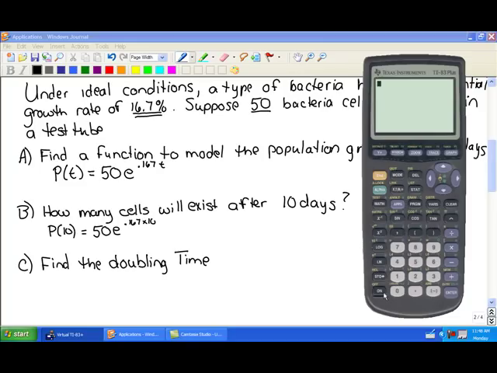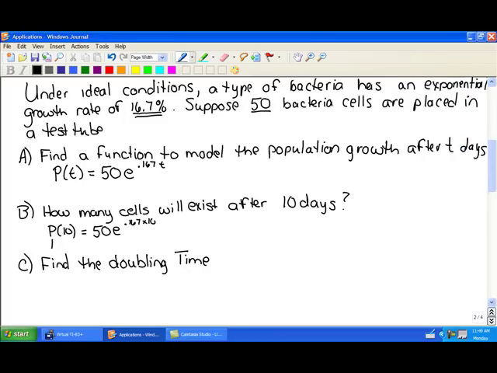To plug that in, we're going to type our 50 times our e, which remember is going to be the second ln, raised to the 0.167 times 10 power. Now notice all of that's in an exponent, so the whole exponent needs to be in parentheses. And that's going to be approximately 265.6, or if we round to the whole numbers,